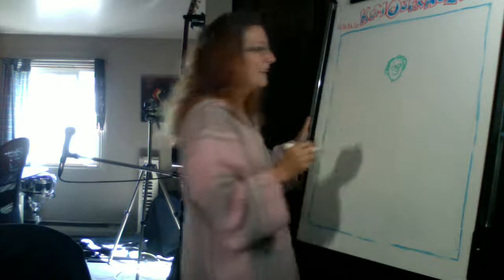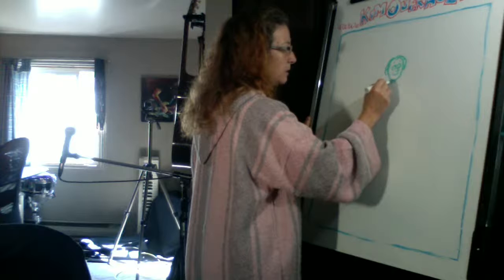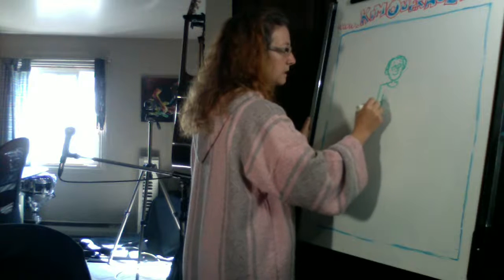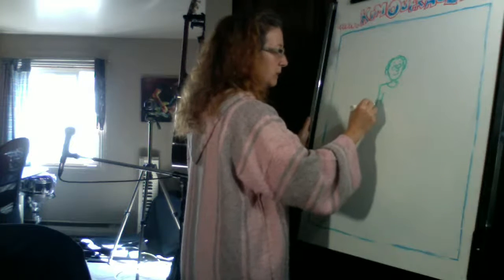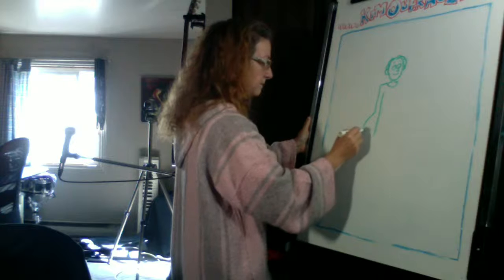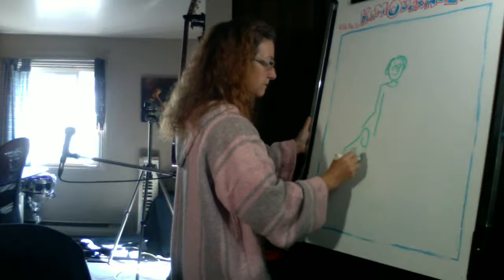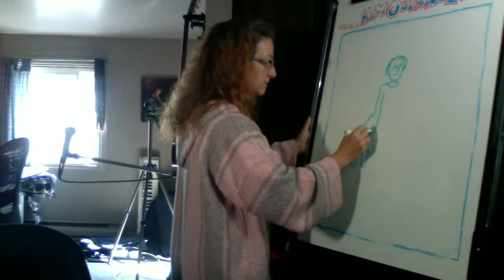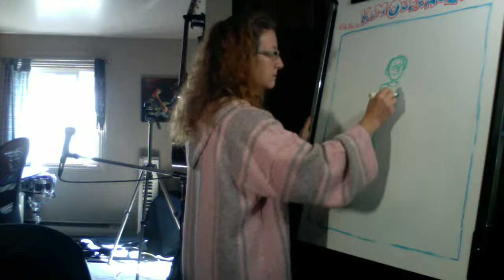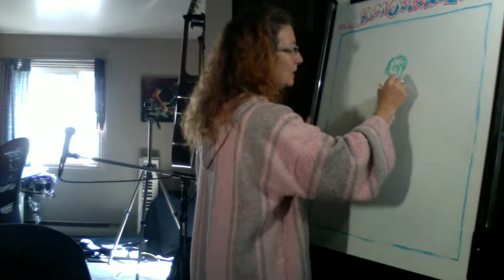So this is a guy, and the thing is that he's putting his hand out to greet you. So what you see coming at you is sometimes a little bit more like this. Let's get rid of that square shoulder. What man has square shoulders? I don't know. Anyways,